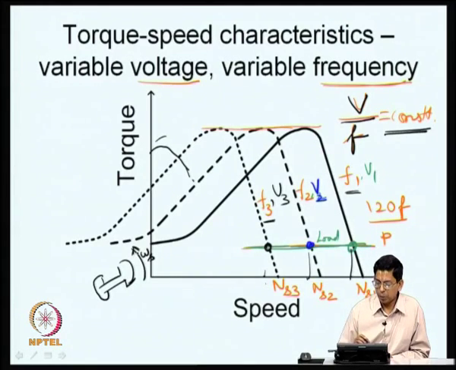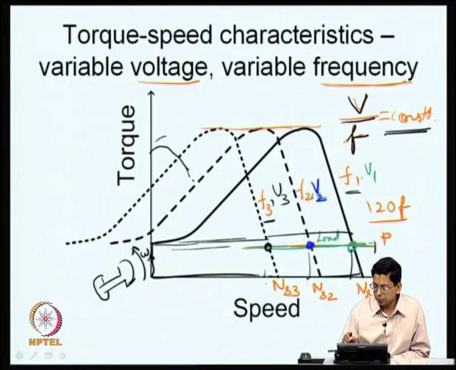So, what is it that you are able to do now? Let us say this is the rated torque. You are able to operate your machine over the entire range. The load torque is whatever it is, but you are able to change the torque speed characteristic of an induction motor. You are just able to pull and push it, like the drag and drop that you might do with your mouse. Something similar to that you are able to do here by changing its voltage and frequency. And now the point of intersection is different.